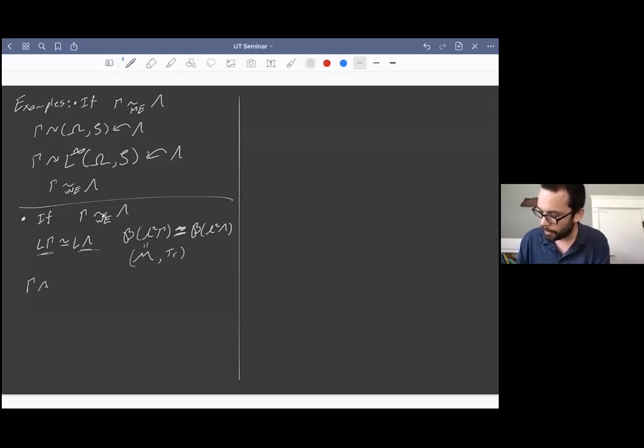So the gamma action on B of L2 of gamma is acting by conjugation by the left regular representation. So this is by gamma times an operator T is just going to be lambda gamma T lambda gamma star. So this is just conjugating with the left regular representation. But on the other hand, the lambda action on B of L2 of lambda, now we'll think of it, but we're identifying these two spaces, will be not by conjugating by the left regular representation, but by conjugating by the right regular representation.